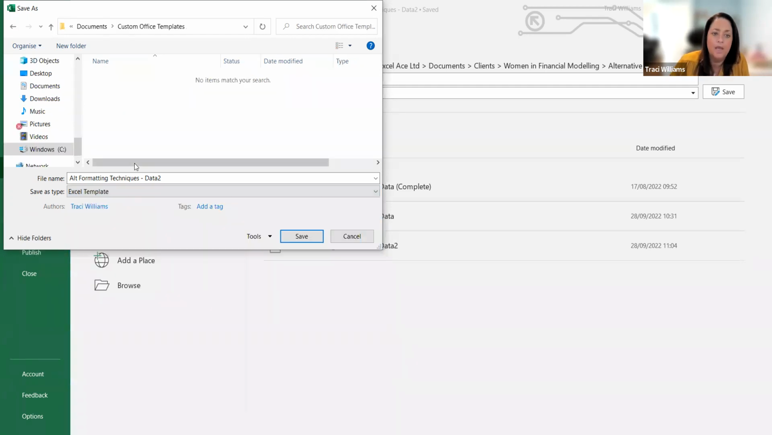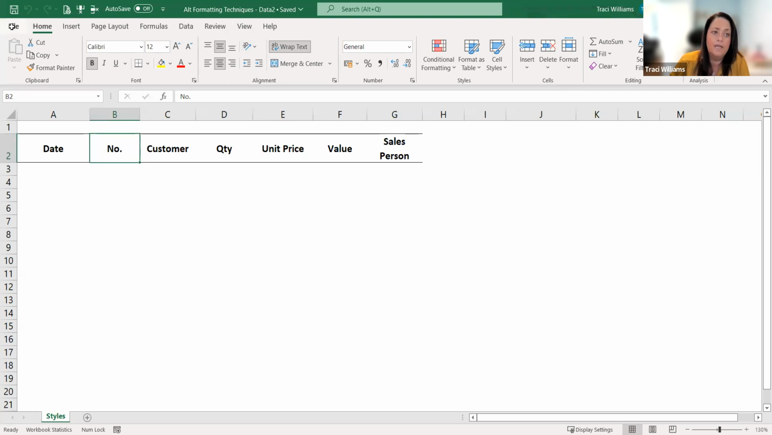So I just use that, and bear in mind as well, look where it's going to save it to. It literally is saving it into the Documents folder and to a Custom Office Templates folder. Okay, so it literally is saving it onto this machine on the C drive, into the Documents folder, Custom Office Templates. So I just click Save for that. Okay, so there's my Excel file. If I close that now,